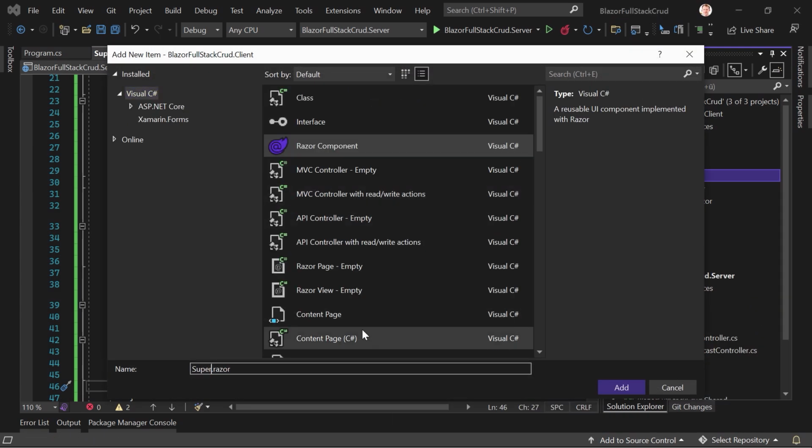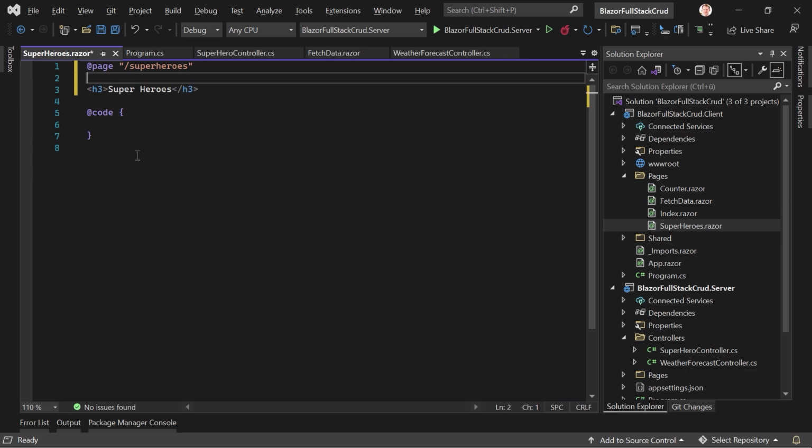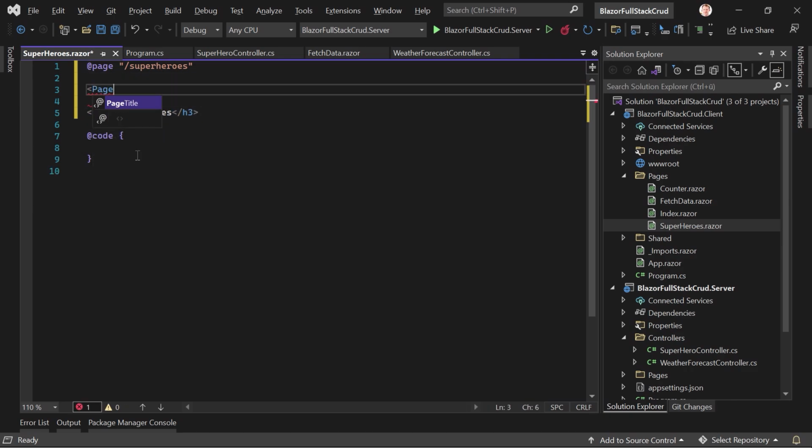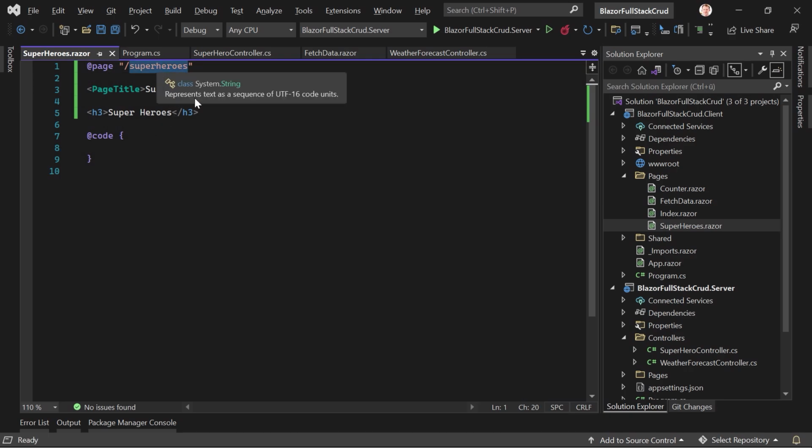So let's first call this SuperHeroes maybe. And since this is a page, we can add the page directive here and give this thing a route, SuperHeroes, for instance. The title's great already, and we can also make use of the new page title components, and also set this to SuperHeroes. And to be able to access this, well, we could just enter SuperHeroes, for instance,